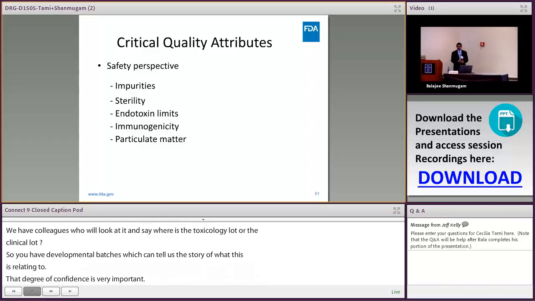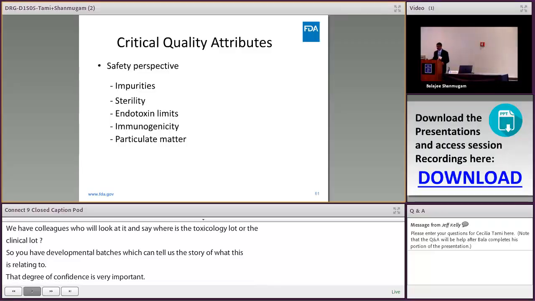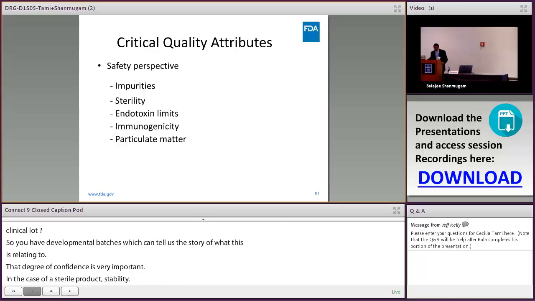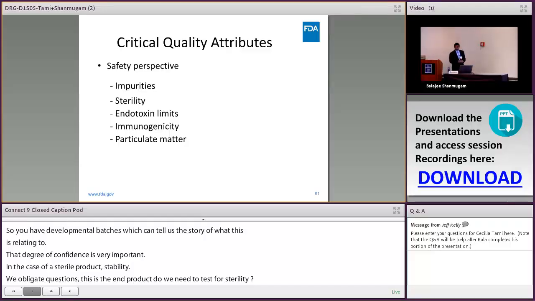Now we often get questions. We are testing for sterility. It's a sterile product. Do we need to test for sterility? What do you think the answer should be? Anyone? Of course, yes. Even for an exploratory IND, there is a very nice guidance on exploratory IND, and if you read it, it will tell you that